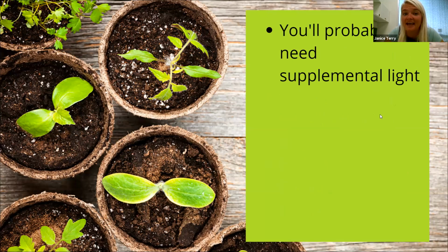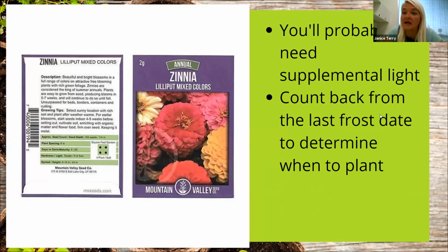Plants typically, like I said, they want 6 hours of good sunlight. So plants want that too. And then, when it comes to knowing when to plant, just count back from the last frost date to determine when to plant. So here we have a package of zinnias, which are one of the hard hitters when